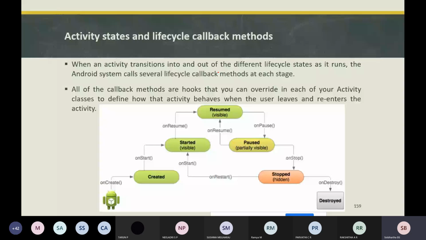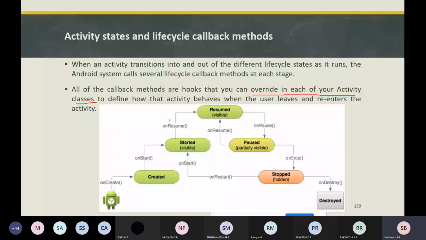All the callback methods can be overridden in each of your activity classes. Whatever life cycle states and callback methods there are, the state occurs to your activity, not the application.